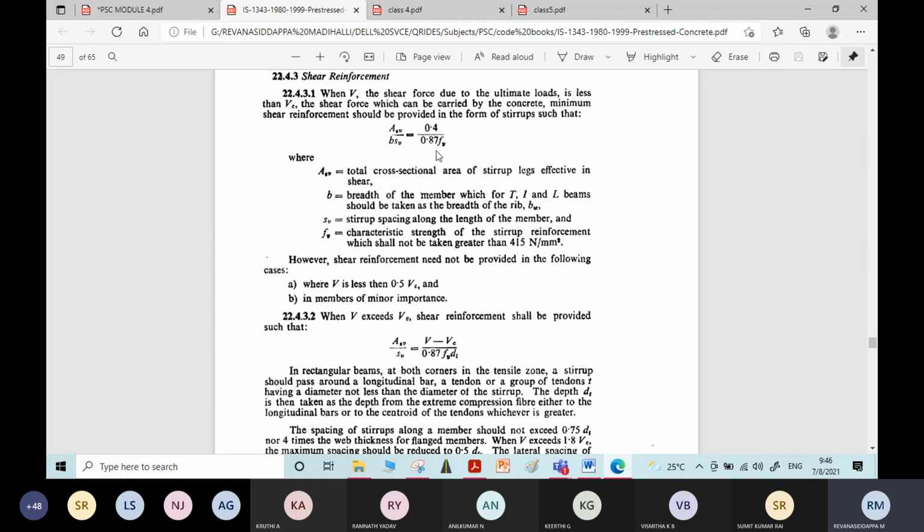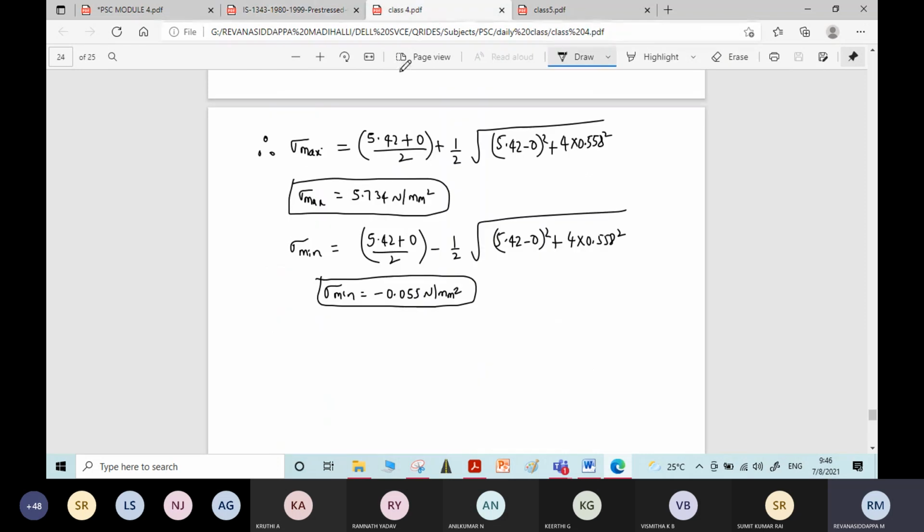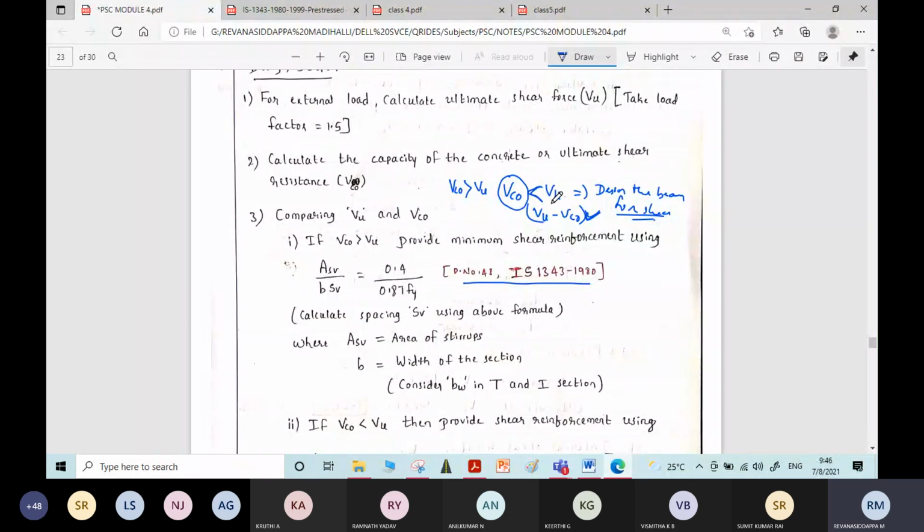Fi, the grade of the steel will be known. And the area of steel we can calculate by assuming the two-legged or four-legged stirrups. B, the width of the beam, will be known. By that, we can calculate the spacing. For the first case, if VC naught is less than VU, we have to utilize